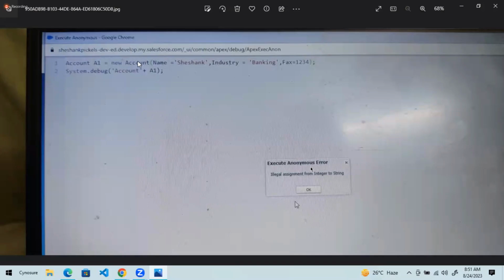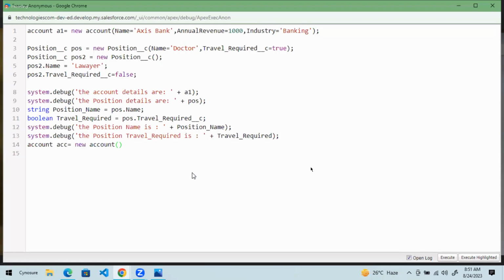Inside the bracket, I will write name equal to Shashank, comma, industry equal to banking, okay, comma, facts equal to, okay. Now if I do system.debug,